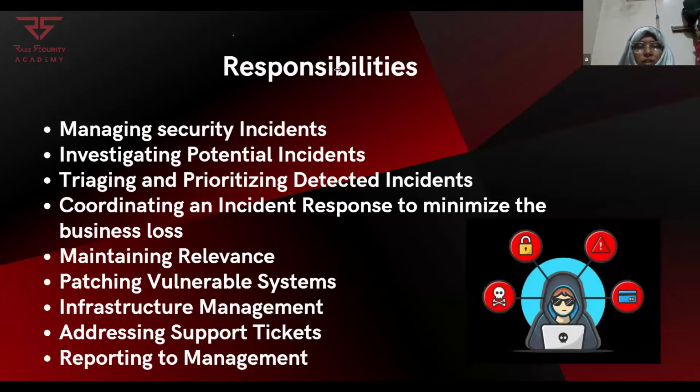So whatever the incidents are, we try to see where they have occurred from. From which endpoint are these loopholes occurring, and we need to patch those endpoints in a system. So this happens. And then infrastructure management, how to manage the infrastructure, like where it has to be, suppose we